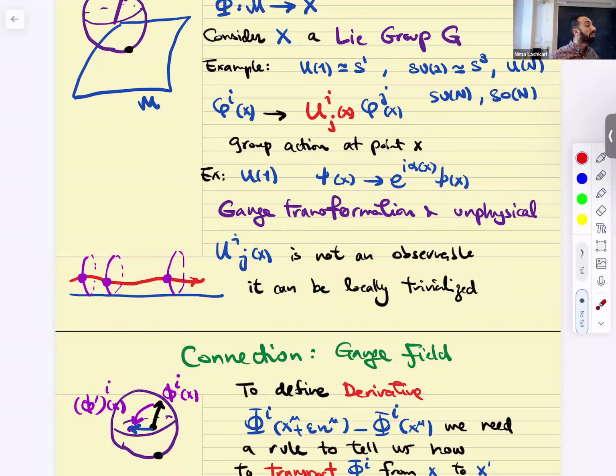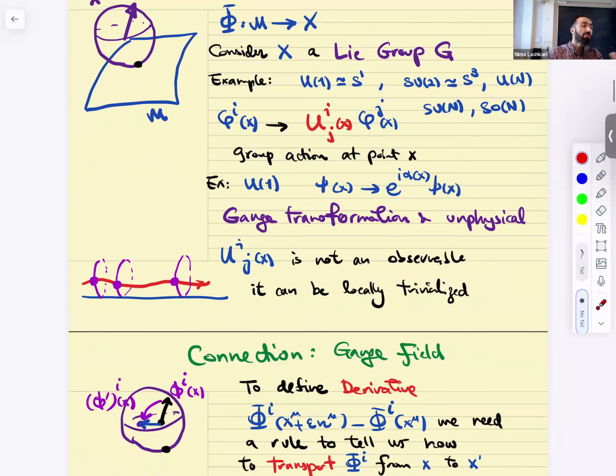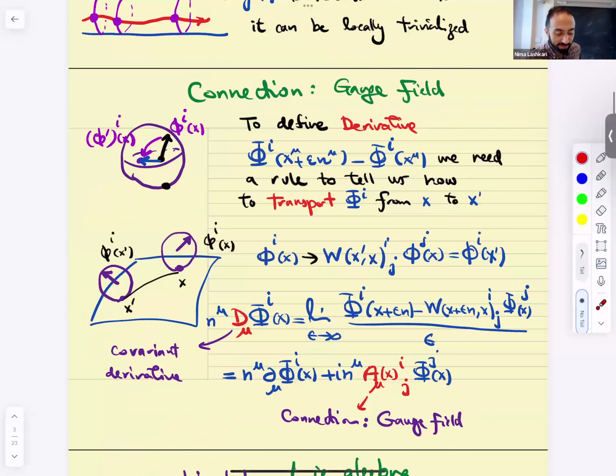Symmetry is a misnomer, right? It's just a redundancy of description. These transformations are unphysical. They do not act in the Hilbert space. Do you remember why we even introduced them? Why do we introduce them if they're non-physical? Exactly, precisely. Because gauge theories are these theories that secretly have non-local observables. But we wanted to still describe them locally because we love locality, right? And that forced us to introduce these redundancies, right? And what was the name of these non-local observables? Wilson loops. Awesome. All right, so good.